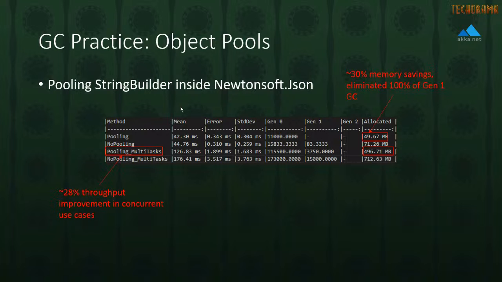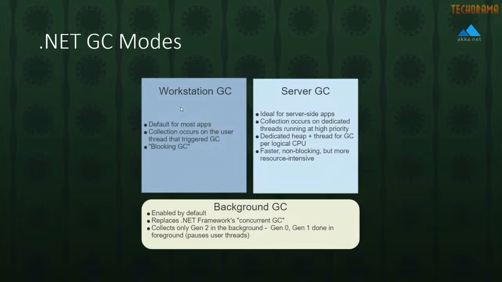On top of that, in scenarios where we're using these pooled string builders across a large number of threads, which is something else you should look at benchmarking, and I'm going to get into why we need to do this, we also saw a 28% throughput improvement in concurrent cases. So even in scenarios where we had lots of different threads all renting and returning their own string builders, we still were able to improve end-to-end serialization performance quite a bit inside the system. So that's one of the ways we can go ahead and keep objects in Gen 2 forever.